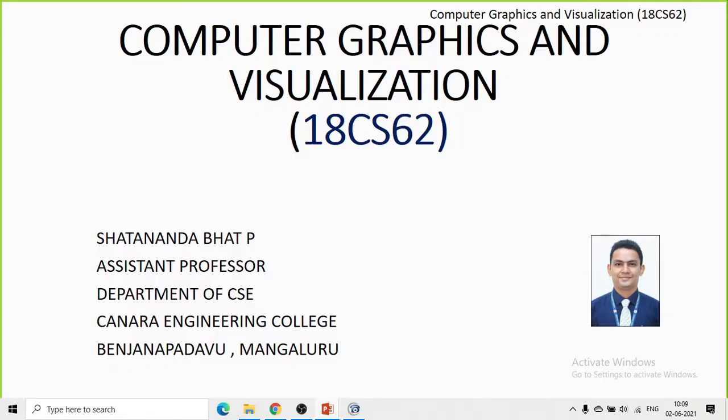In this session, we will be discussing three-dimensional viewing. We'll be starting with the next module of our syllabus, that is module 4, where we are going to discuss the concepts related to 3D viewing. So what do you mean by 3D viewing? What do we mean by the different methods of 3D viewing? We have methods such as parallel projection and orthogonal or perspective projections and so on.